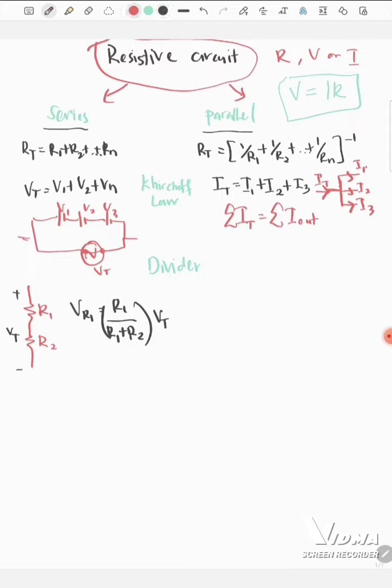Okay, for the current divider, let's say we have two junctions, and IT total here, and I1 and I2 here. Okay, and this is R1 and R2, something like this. Okay, so in order to find I1, it will be R2 over the total resistance, so R1 plus R2, multiplied by the I total. Okay,